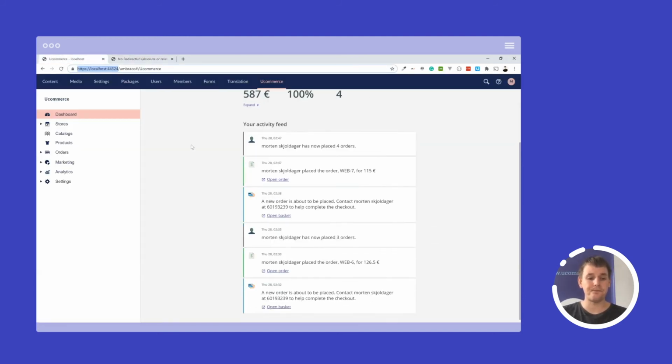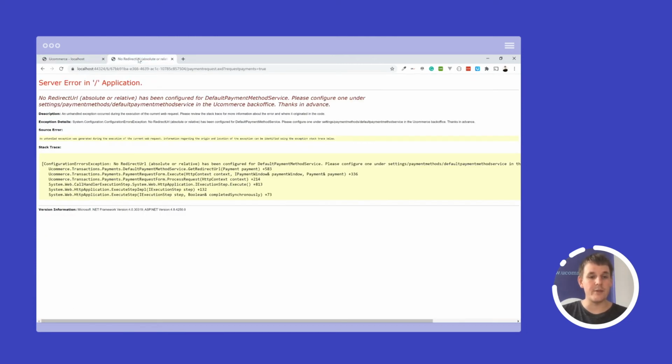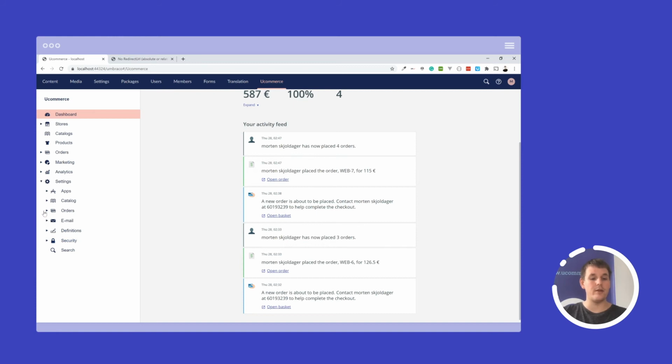So the way we can continue here is by going down to the payment option that we choose and then set the URL that we want to use for the complete page. And as we can see in the description method, we can use either an absolute or a relative path. In our case, we'll just use a relative path to /complete, but it can go wherever we want to be redirected.